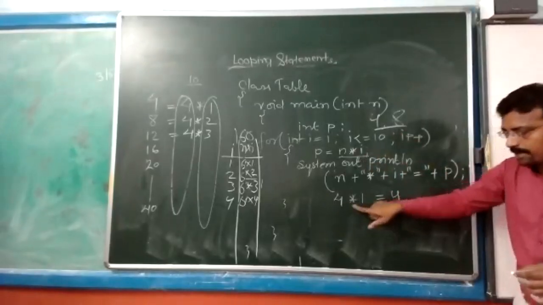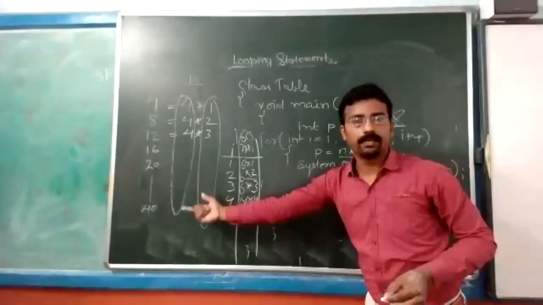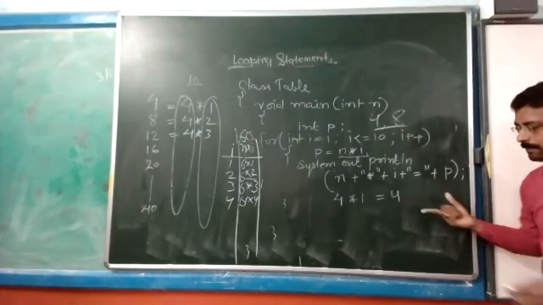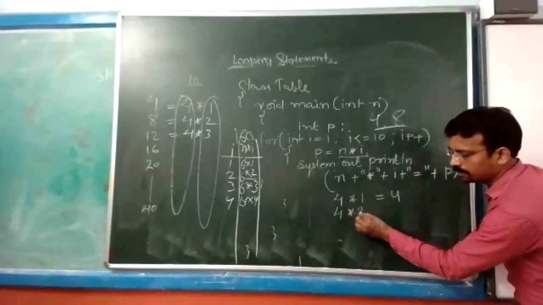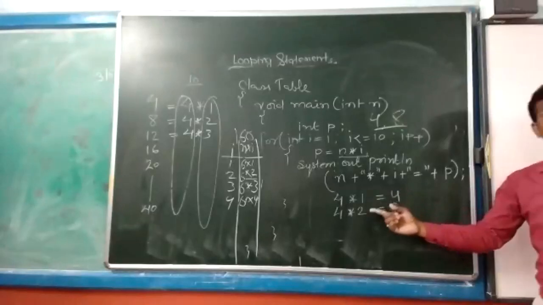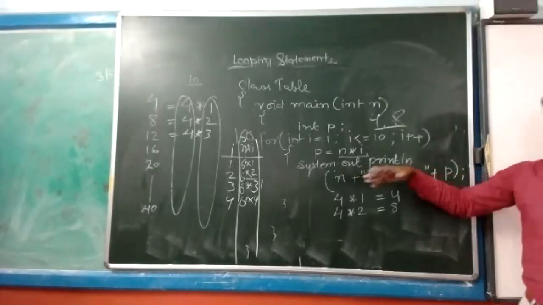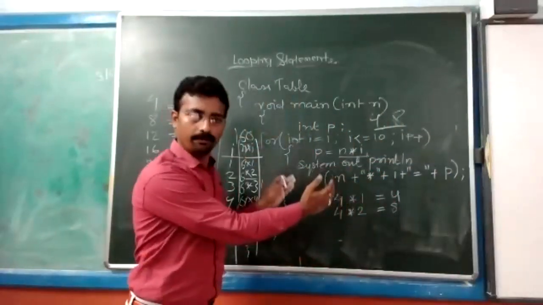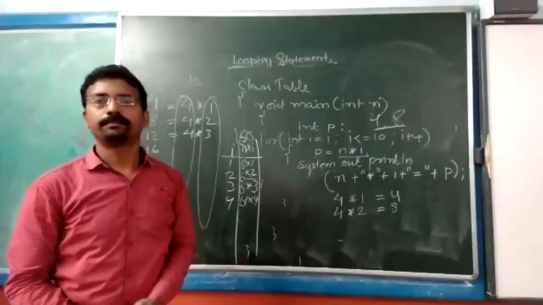So this way with the message, your result will be in the table format. This way you can make your table format on the screen. Next value will be 4 into I value will be 2 plus P will be 8. So this way your result will be printed. Now it is up to you. You want to just say you want the result or you want to do it in a better way, in the formatted way. So this is the formatted style of the printing result.